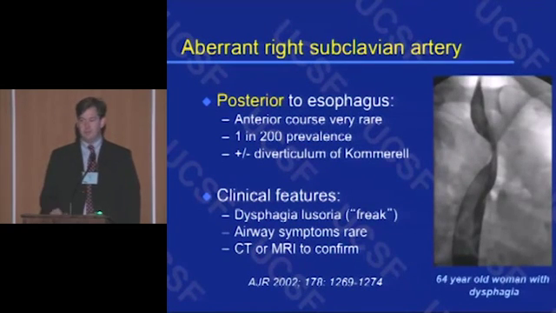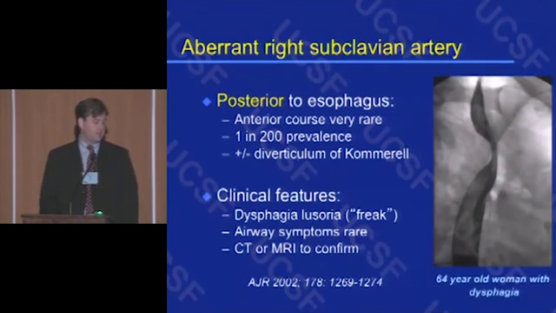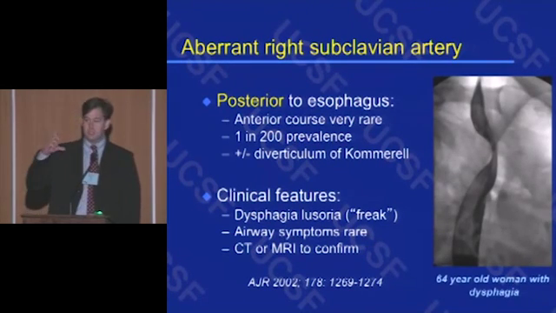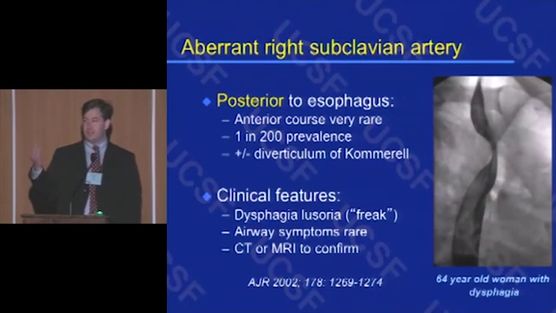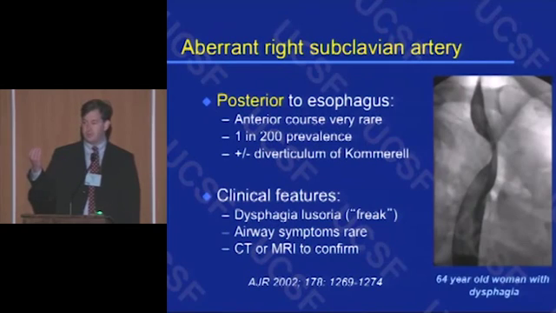Now, the more common of the vascular slings is the aberrant right subclavian artery. This, conversely, runs posterior to the esophagus. The anterior course is described, but is exceptionally rare. This is seen usually more towards the high esophagus, just below the thoracic inlet. You can occasionally see the diverticulum of Kommerell, that's the saccular outpouching of the aberrant subclavian artery at its ostium. People describe that as dysphagia